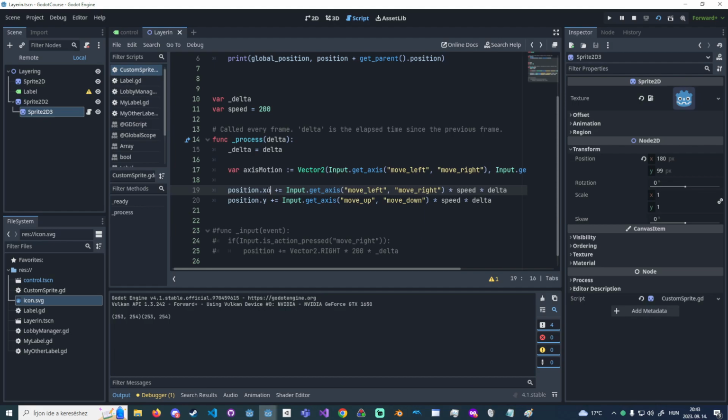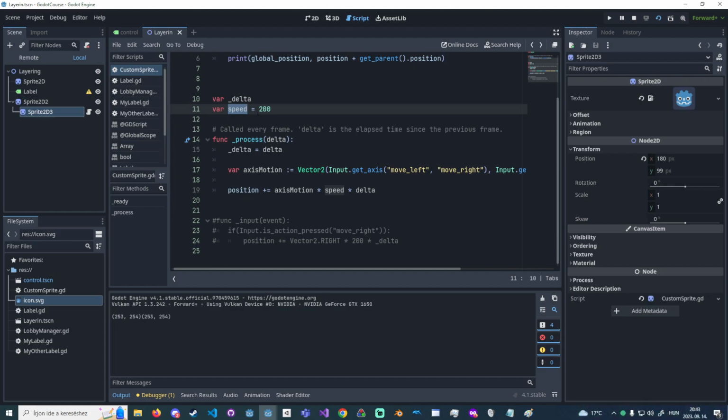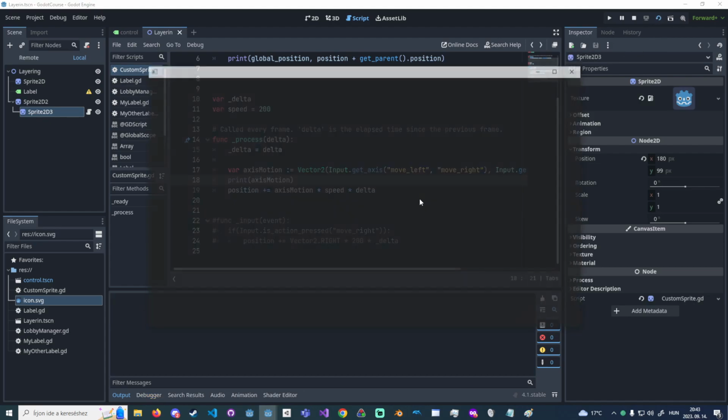And now we can add it to position altogether and do the multiplication, because if you multiply a vector by a single number, the multiplication will take effect on both axes. And now if I print the axis motion,